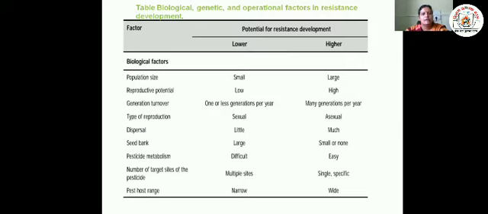This is the potential for resistance development. These are the biological factors. Accordingly, if population size is small, then there is a